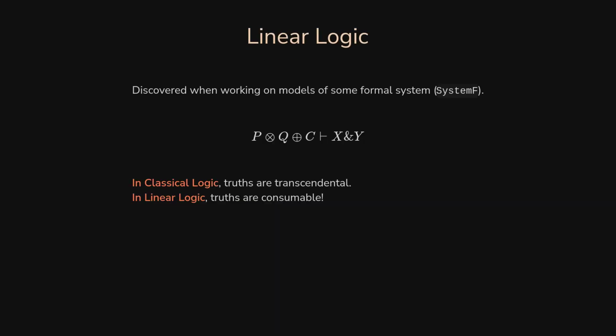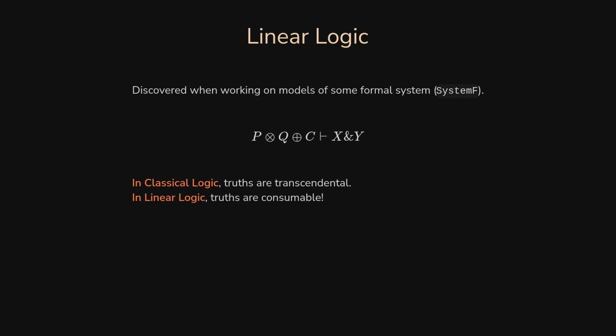So he was working on something called System F. It doesn't really matter. But the idea was that he was studying some concrete mathematical structure, constructors that were instances of some formal system. So you can think of a formal system as a trait in Rust, for example, and this was a particular implementation, a mathematical object that was obeying the same laws. And he discovered something really interesting in this specific model, which is that functions were a bit more fine-grained than what he had in the system originally. In particular, there was this notion of a linear function, which are functions that can use their argument only once, or however we say that.